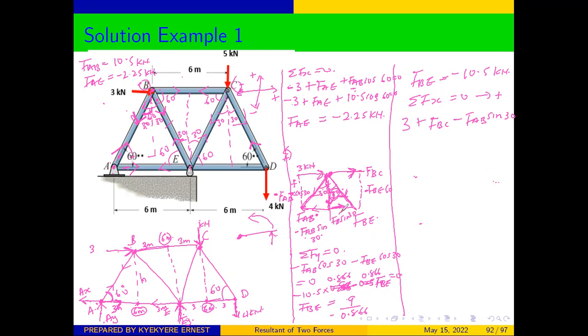And then our F for this side, which was positive, FBE sine 30 is equal to 0. We know FAB, we know FB. We can put the values in there. And from there, we are going to get 3 plus FBC